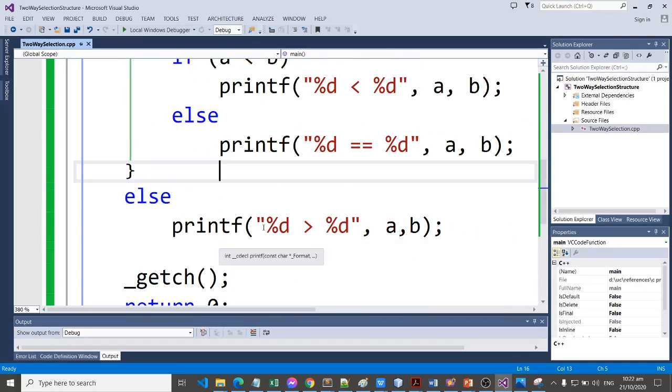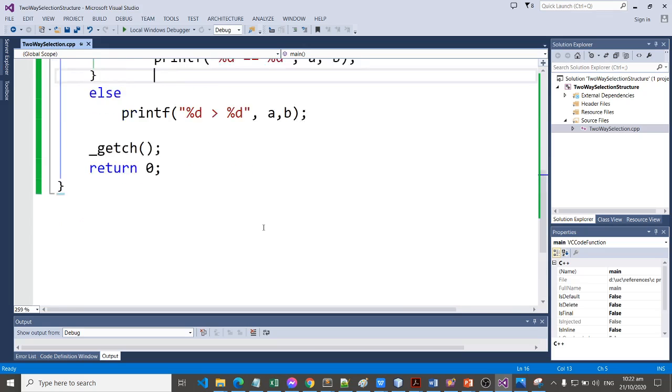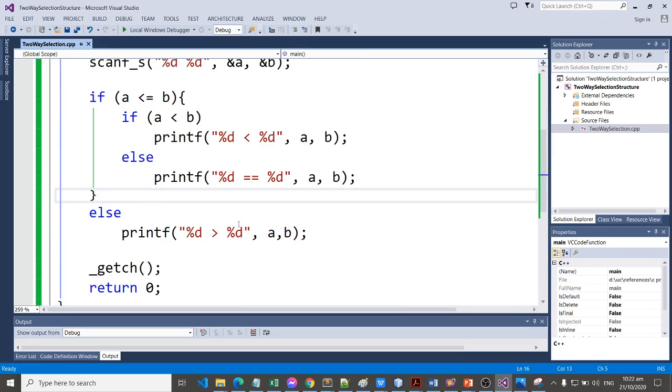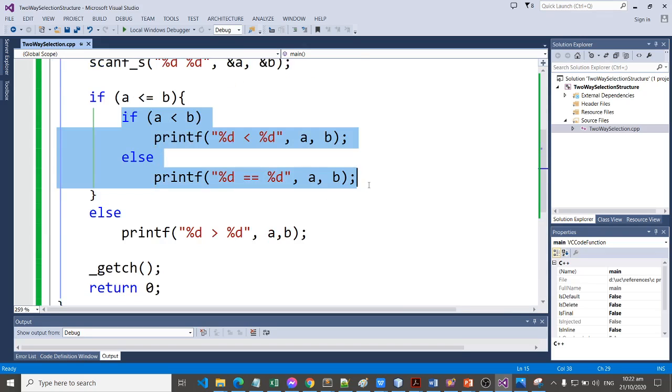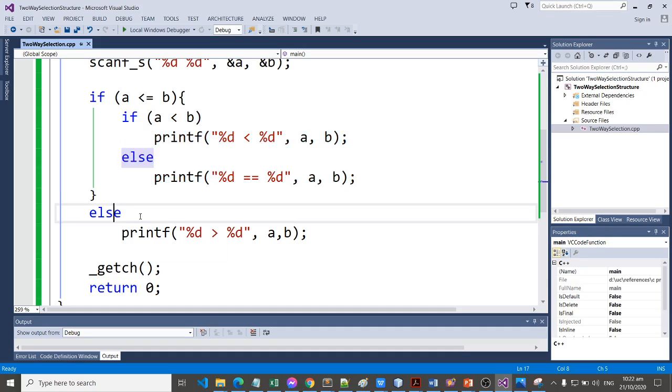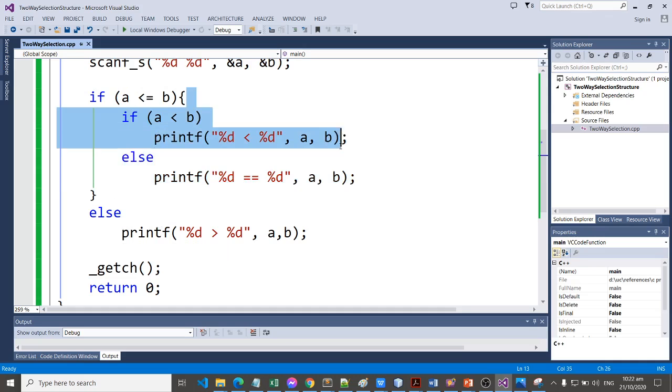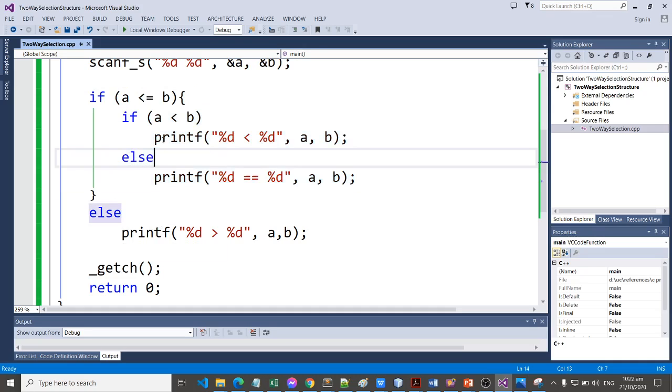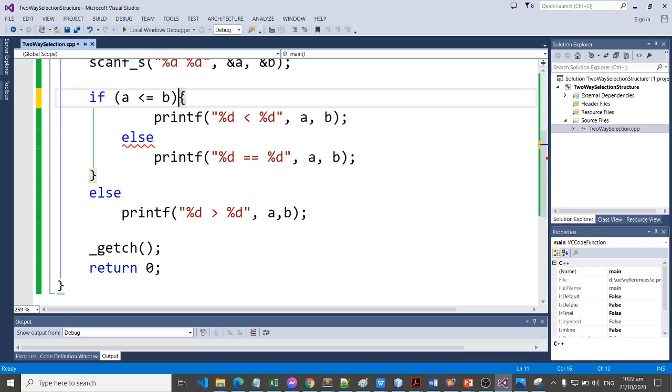And also you can use the other side. That is, you are going to put the nested if inside the else statement. But you have to modify the program, for example, we are going to modify this one.